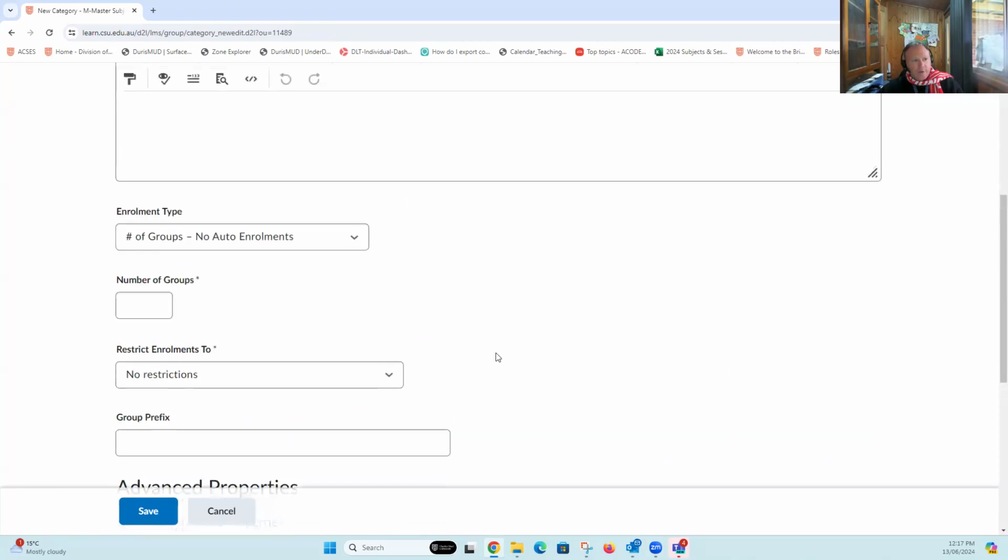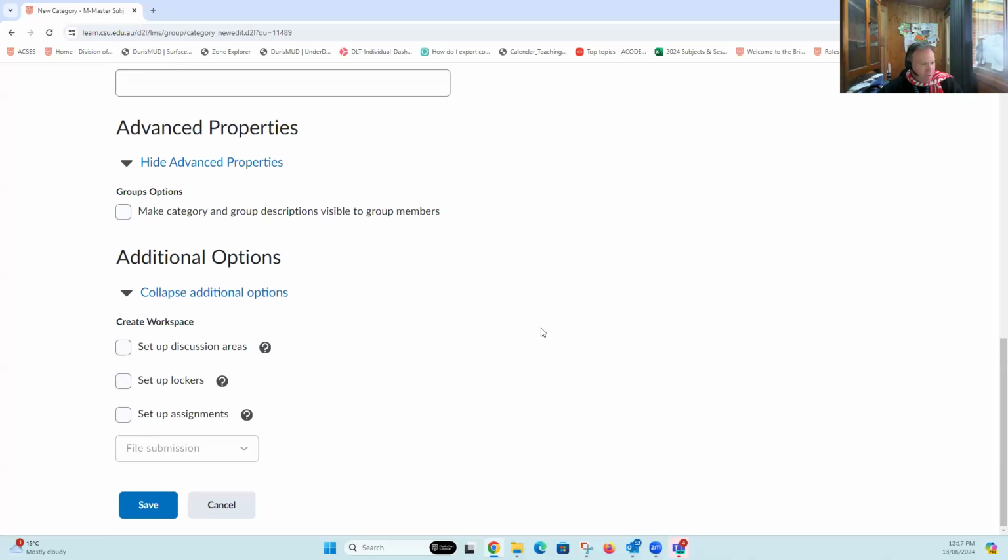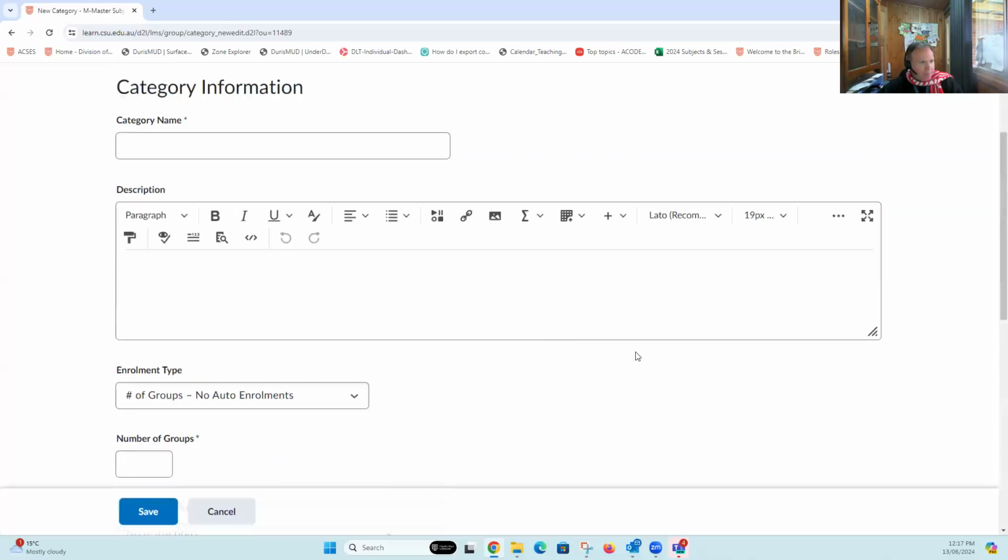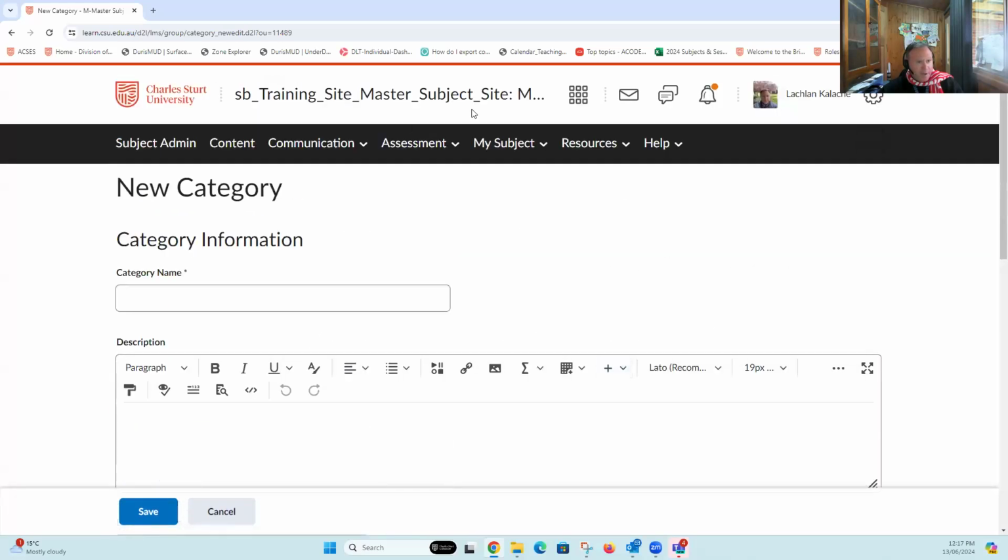That's a specific number of groups, no auto enrollments. I want to restrict this further. Am I in a master site, or am I in a master subject site? In a master site, there's no students enrolled. We can't see sections, so I can't make groups here that automatically only make it available to a particular cohort